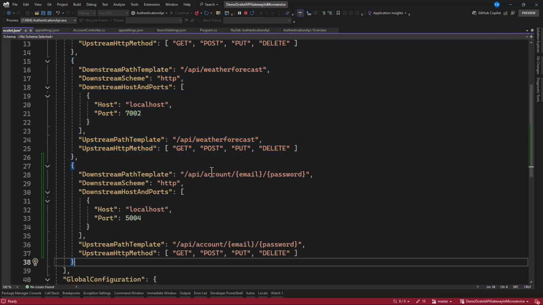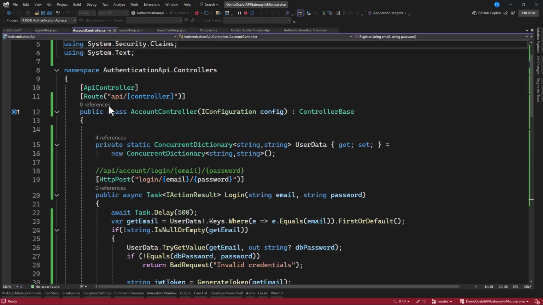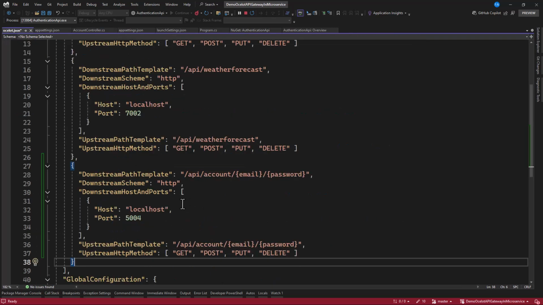So you can see from here we are having an API and the controller name is account. If you cross check from here, you can see we have an API account, the name login, and now there is what we have, parameters. It has 2 parameters, and that's what we are doing in here. So API account, and I'm going to take in the first one, which is an email, and I'm taking the password. There's an HTTP, and that is a port of 7003.